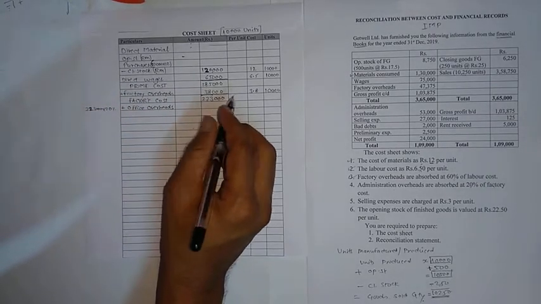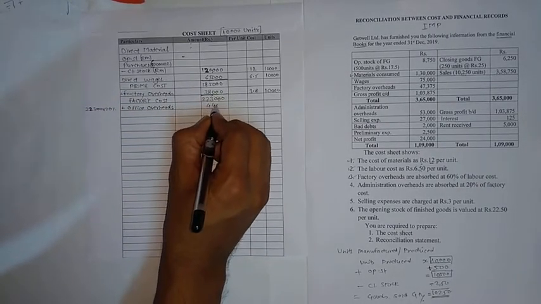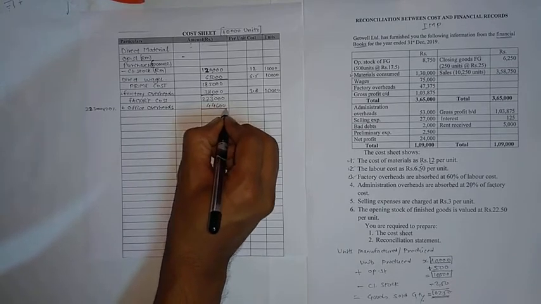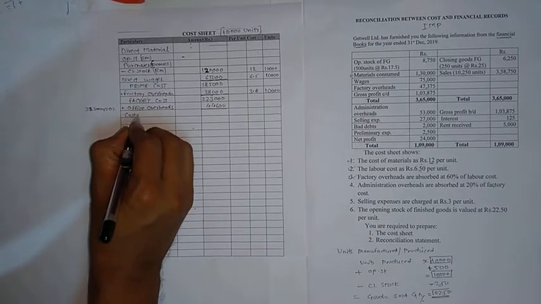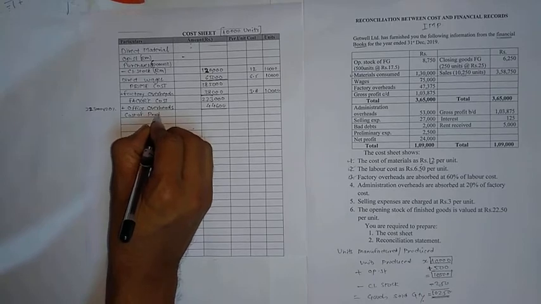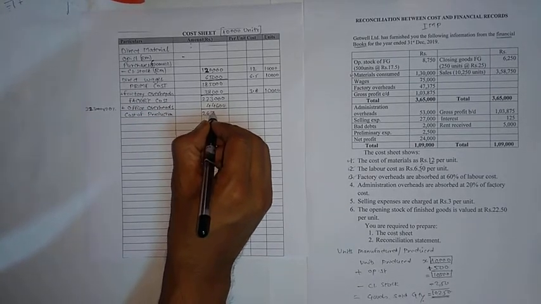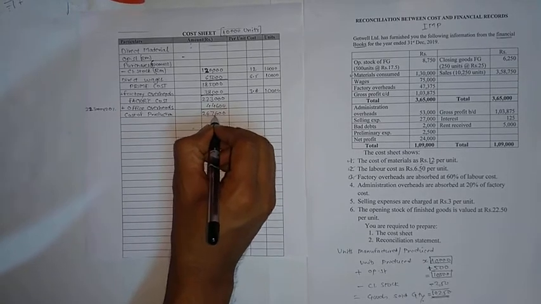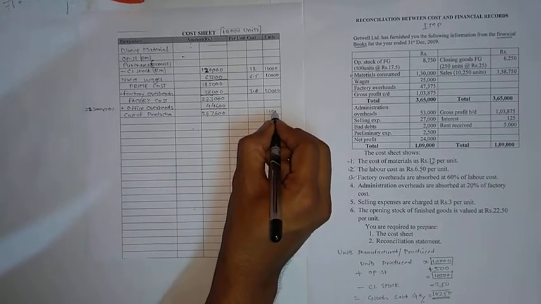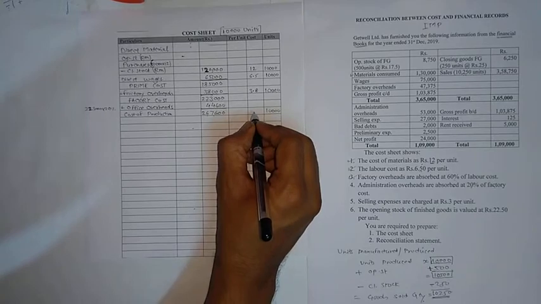So it is 44,600, and after adding this our cost of production will be 2,67,600. Units 10,000 and